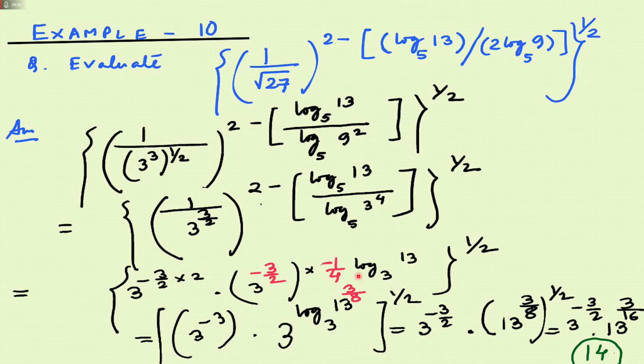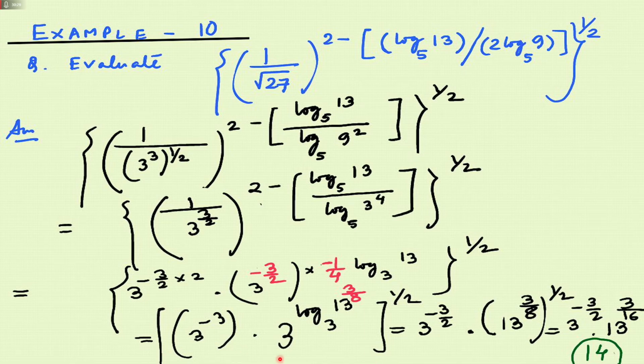No, I am not opening this here, just calculating here. I have 3 to the power minus 3, and after calculating this you will have 3 to the power 3 by 8, and this 3 by 8 can be taken in the power of 13. So I am writing here log 13 to the power 3 by 8 base 3, just expressing this in this form. Okay.